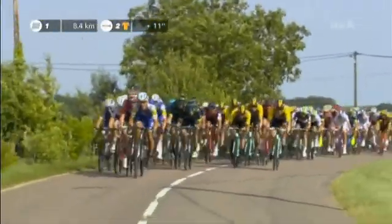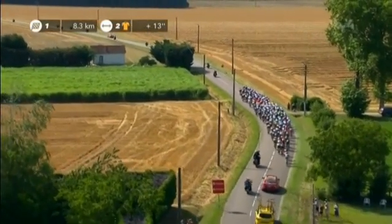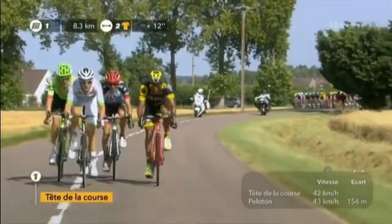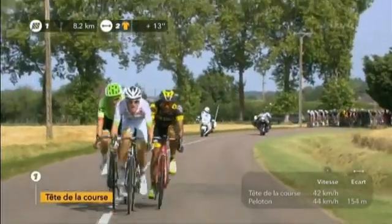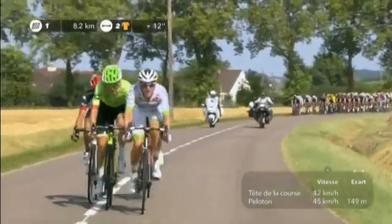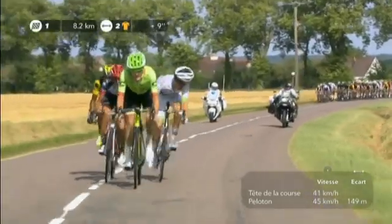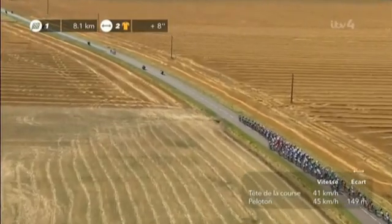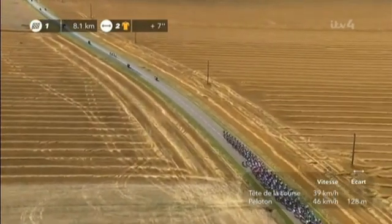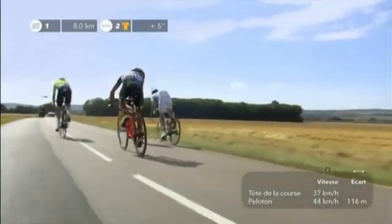And Philippe Gilbert still on the front, because I'm presuming he won't want to get mixed up in that final lead-out sprint craziness, because it is so high risk. Not saying that Philippe Gilbert isn't one of the best bike handlers and doesn't mind a risk or two, but it's an unnecessary risk for a rider like him, isn't it? When they've got other riders to fulfill precisely that function. And I think in that case you're looking at Matteo Trentin, then Zdenek Stybar, who seems to have been very close to Kittel in the final kilometre, and always his last man is the Italian lead-out, Fabio Sabatini, for whom